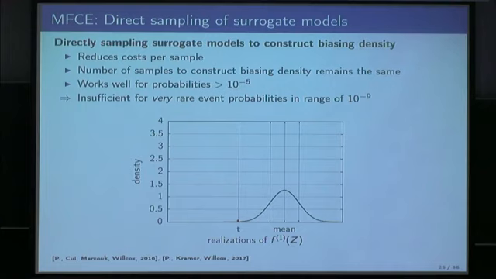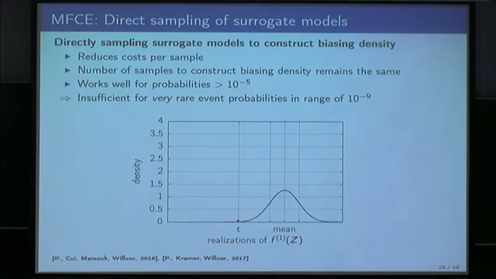And what we build on is the cross-entropy method, which realizes that this threshold T controls the rareness of the event. And it says, let's start with this nominal density, but instead of directly going for the T, this cross-entropy approach suggests to start with a T1 that's larger than the original T one is interested in, and then iteratively builds biasing densities until it hits the T that it is interested in. And in each step, the density of the previous iteration is used as a biasing density for the estimation of the next biasing density.